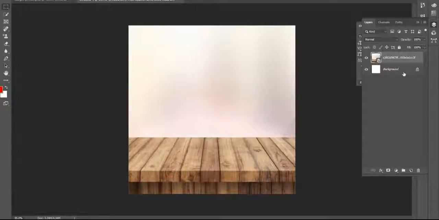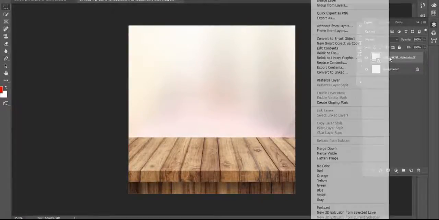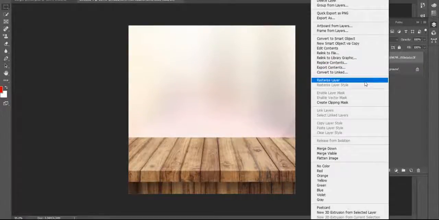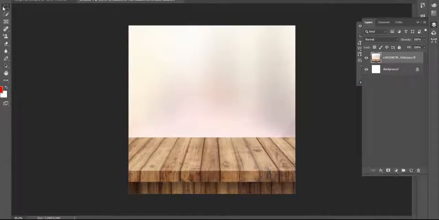If you want to edit this image, just right click on the layer and rasterize the layer first, right? Then you are able to edit the image, right? So I select the outside area because I need only the wooden board, and press delete on your keyboard, simple, right? Control D for deselect. Easy. Then I want to select the background, and I want to fill the